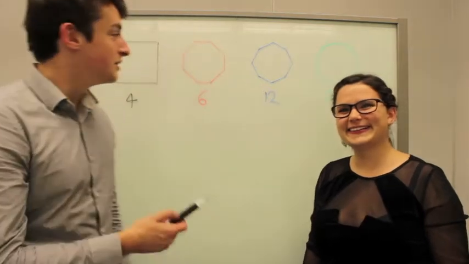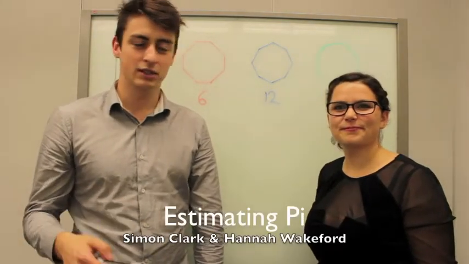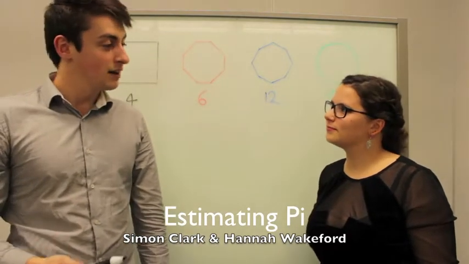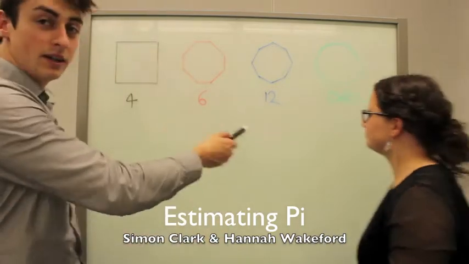So what we're going to do is show you how you can estimate pi. One of the earliest methods used to estimate pi was invented by Archimedes, and it's called the method of exhaustion. The idea that he had was that, if you look at these shapes behind us,